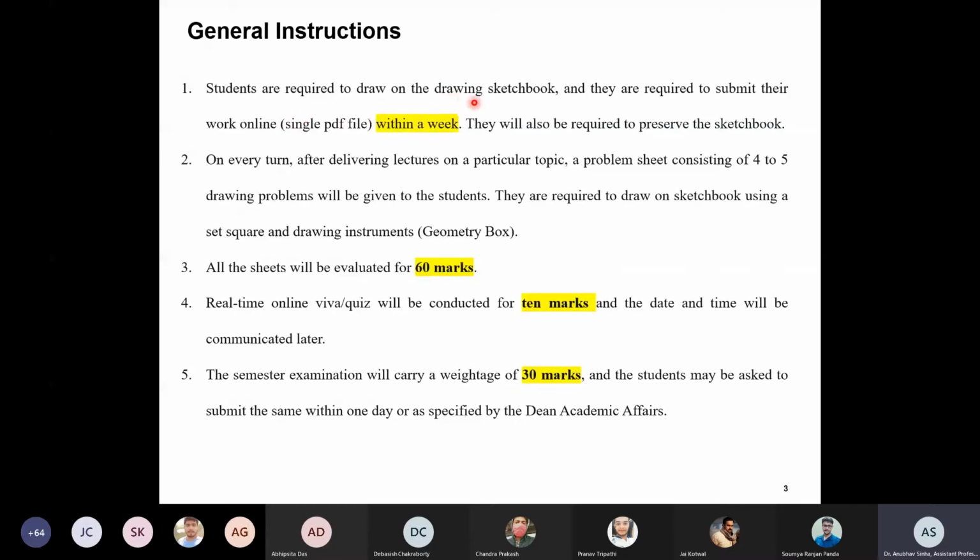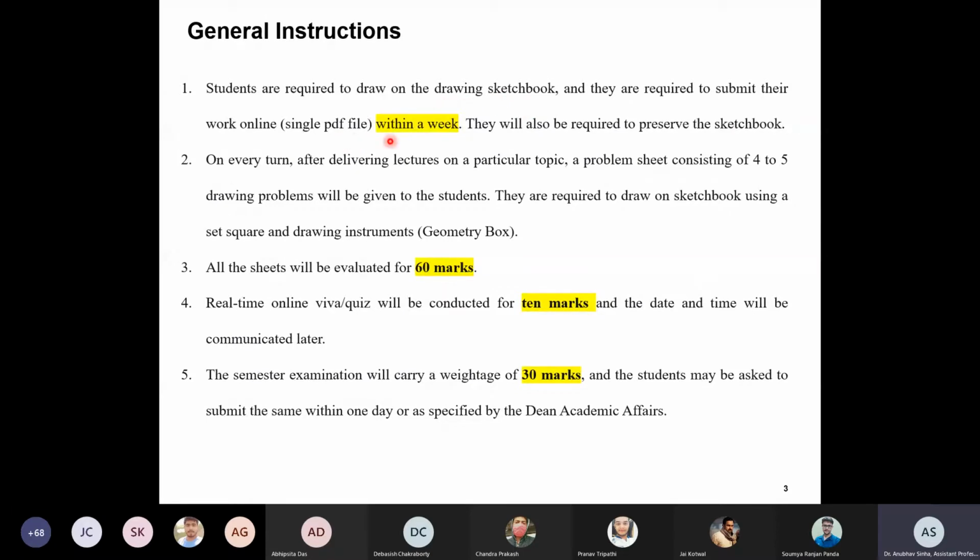Basically, you need to take a sketchbook. I will suggest you buy one drawing sketchbook, which will be A3 size. A4 is the general paper you take for printouts, and double of that size is A3. That sort of drawing book is available in the market. You can get one book, and I will also give you a template. On each page, make a template, and within the template, you will make a drawing.